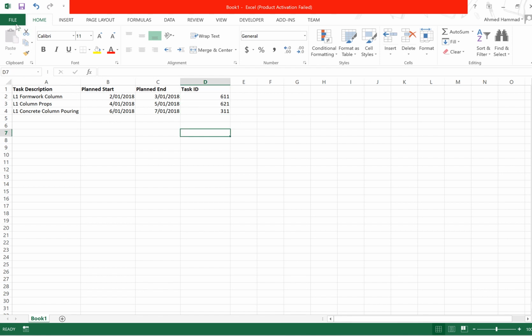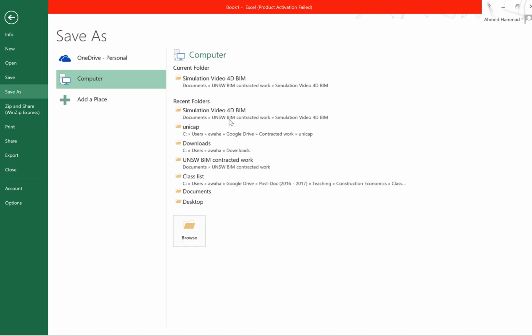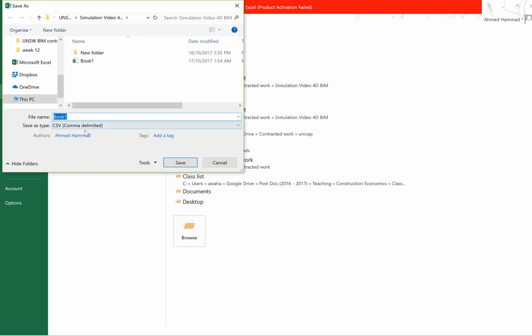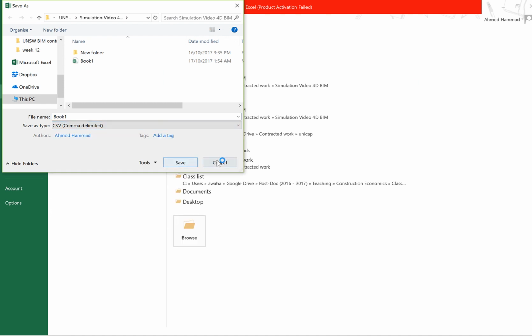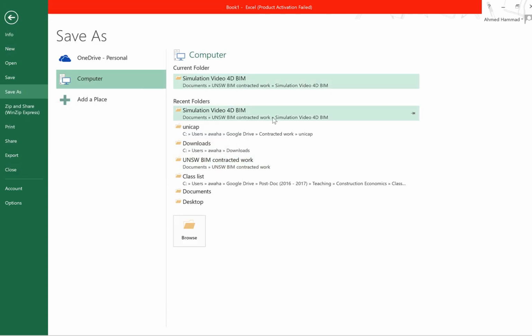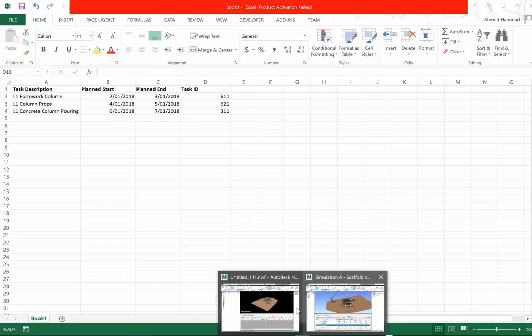this. So in order to convert that into a CSV file, just go to File, Save As, and then go to choose your particular directory and make sure you choose CSV from here. So just click on Save. I already have that saved, so I don't need to save it. Once that has been done, go back to Navisworks,